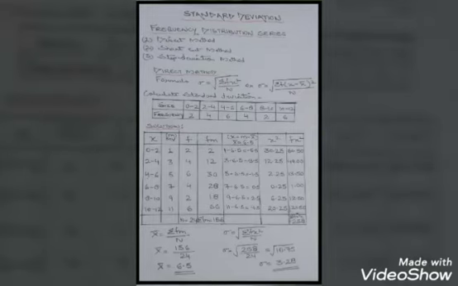So children, this is how you can find out standard deviation by direct method under frequency distribution series. Now the next thing is, let's find out standard deviation by shortcut method. And the formula for shortcut method is standard deviation equals square root of sigma f dx square upon n minus, in bracket, sigma f dx, bracket close, square upon n.